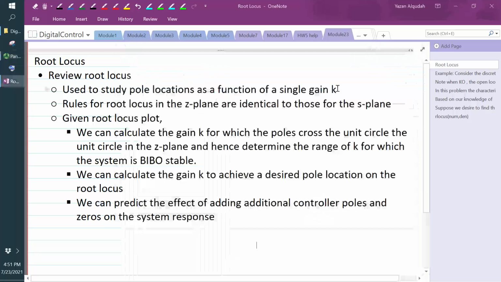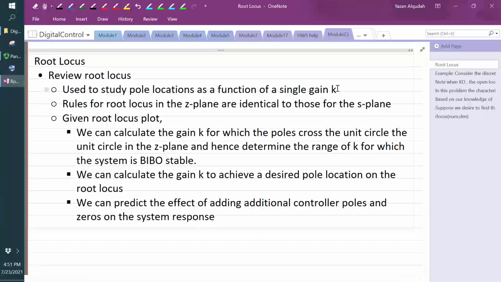Okay, hello everybody. In this module, we're going to be looking at the root locus. Since we studied the root locus in linear control, we're just going to be reviewing it, doing an example and refreshing on plotting the root locus. As you know, we use the root locus to study the pole locations as a function of the gain